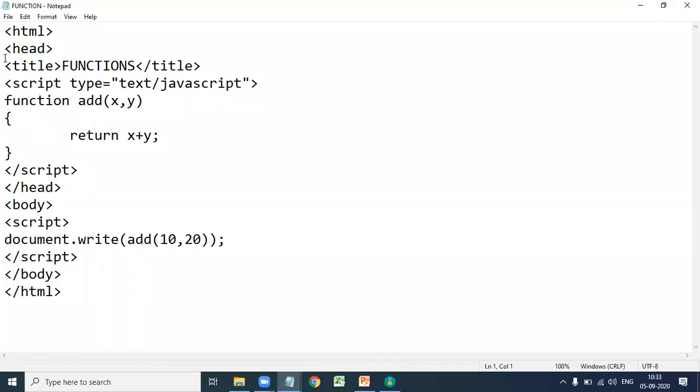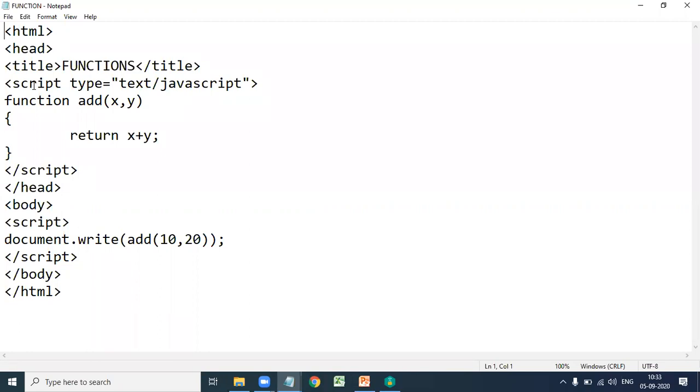See here, this is the sample program for functions. Here we write the script in the head section. We already know script can be written in the head section or body section of HTML. Remember the point, script can be written in head section or body section in the HTML.